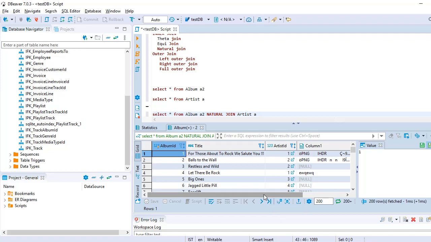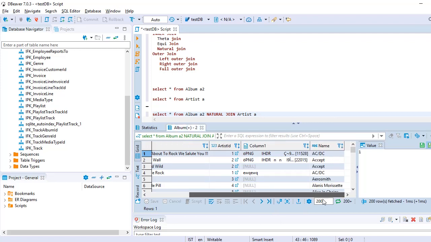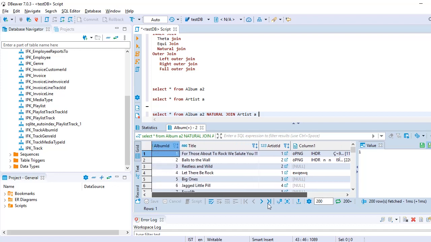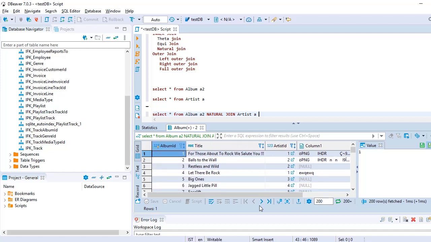I have pressed Ctrl+Enter and ran the query. Here both the tables are joined, and the common column was artist ID. Through this common column we have gotten the join. So that's a natural join for us.